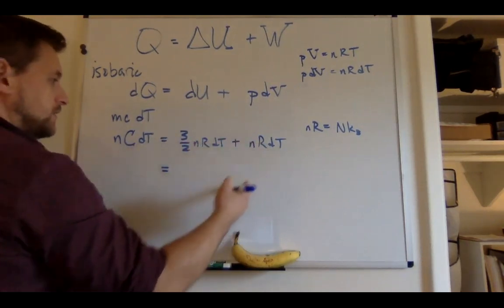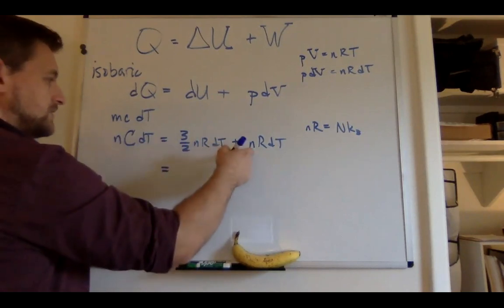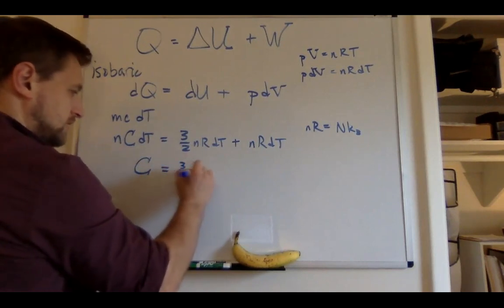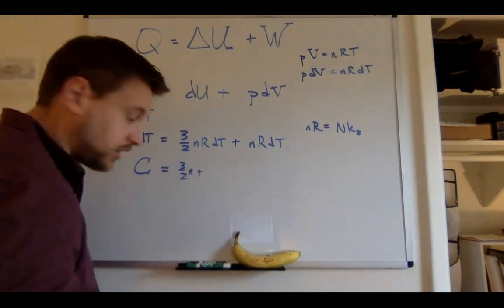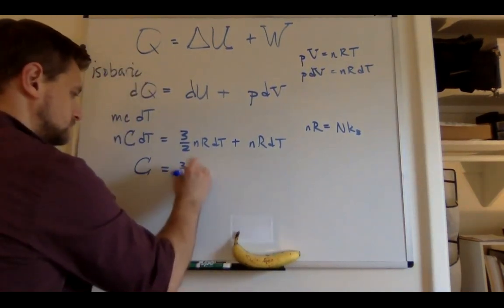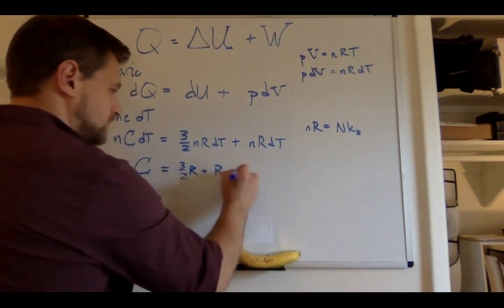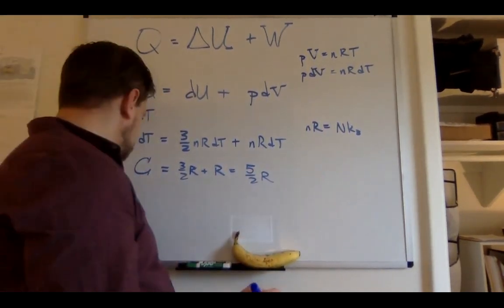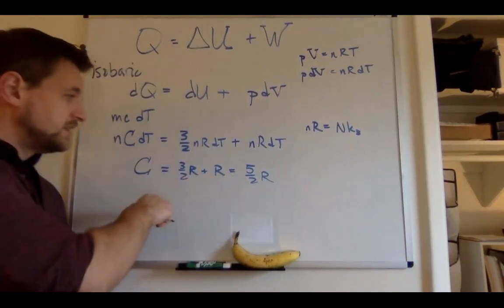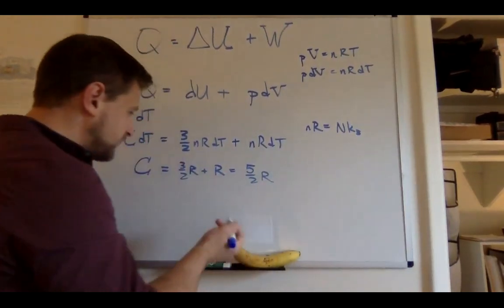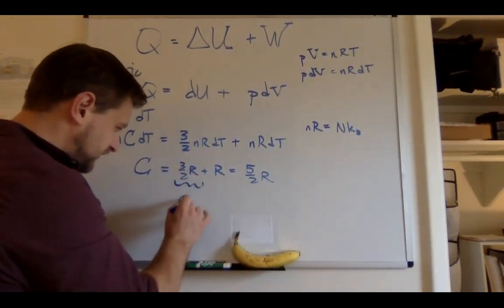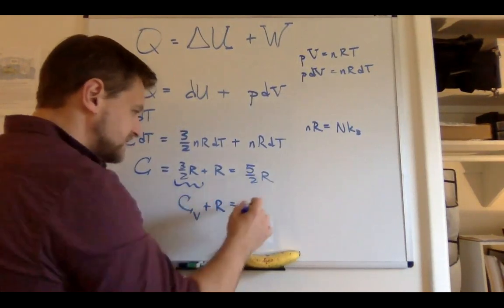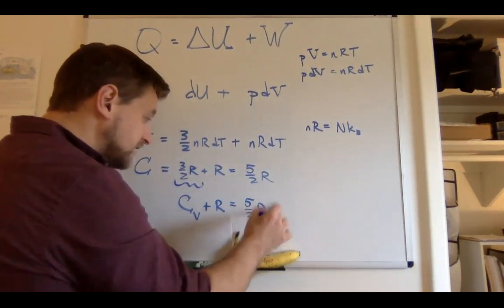There's a dT in every term. There's an n in every term. So now we're starting to say the molar heat capacity is 3/2 R plus R, which is 5/2 R. This is not the same result. This is a different heat capacity. The heat capacity we had before was 3/2 R. This was C sub V, the molar heat capacity at constant volume. Adding R gets us a different kind of heat capacity